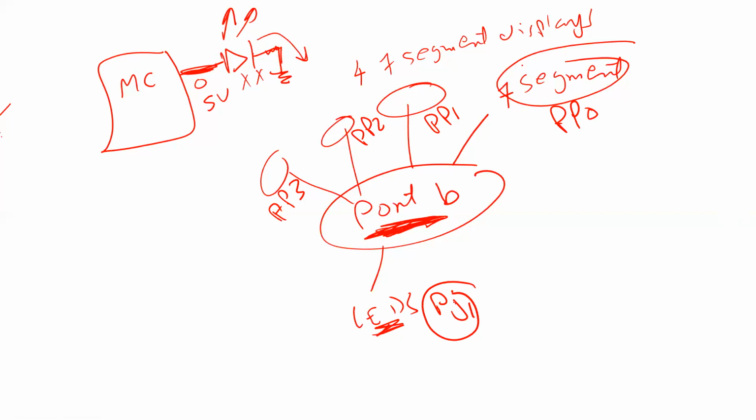So if you want to use the LEDs, I have to put 0 here in the LEDs, but you have to make sure you put 1 here, so that only the LEDs are going to work. Is that okay? If you forget to put 1 here, so actually